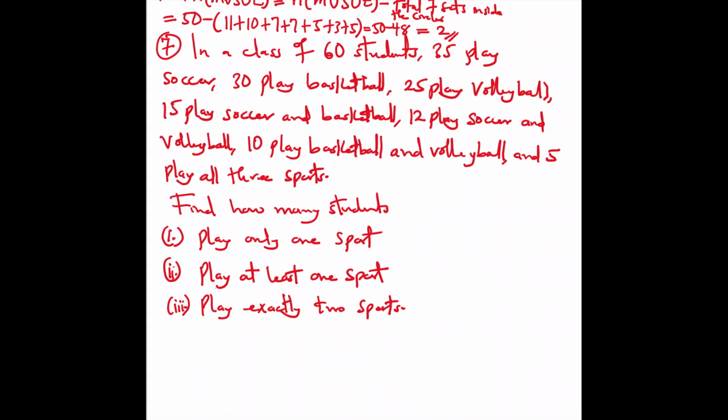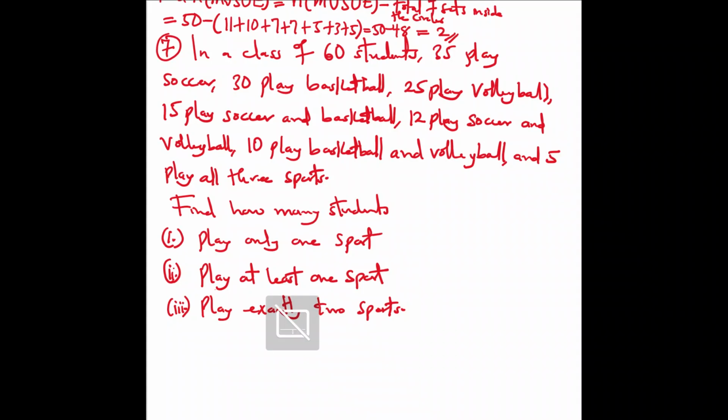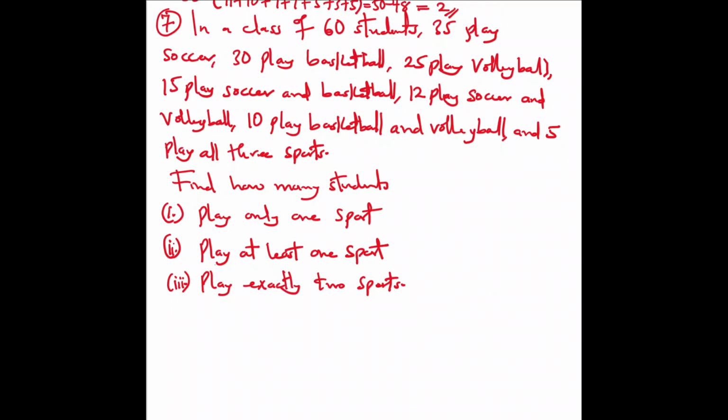So this will be a continuation from the examples I'm doing on Venn diagrams. This is just going to be the last example. This question is also a question that involves three sets. And the question says, in a class of 60 students, 35 play soccer, 30 play basketball, 25 play volleyball, 15